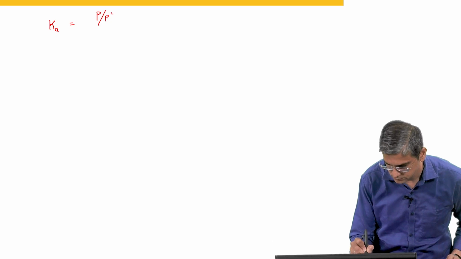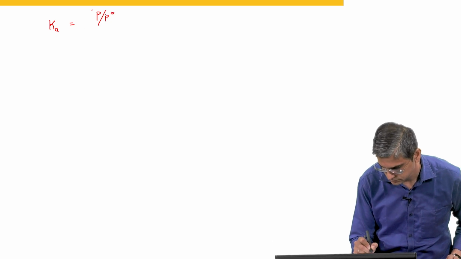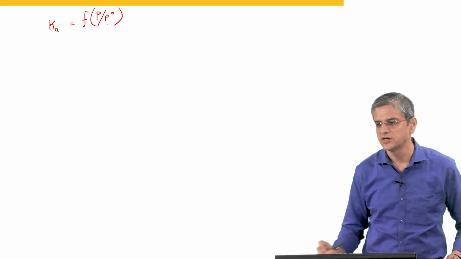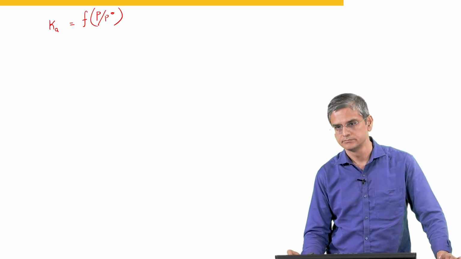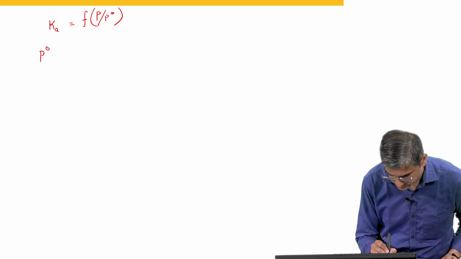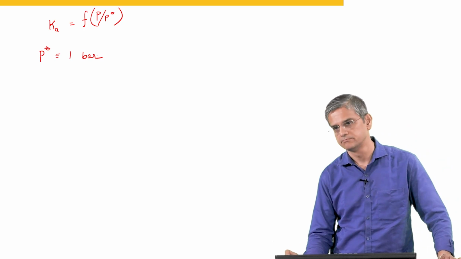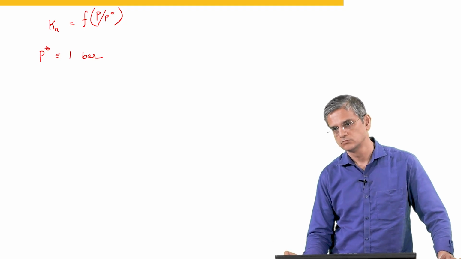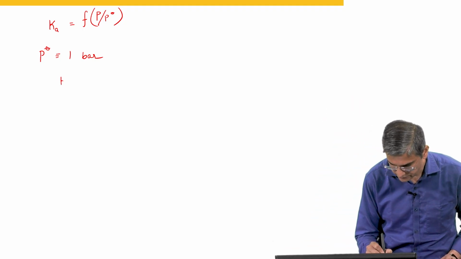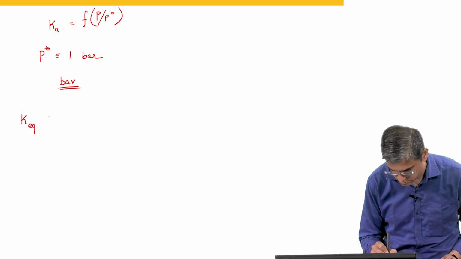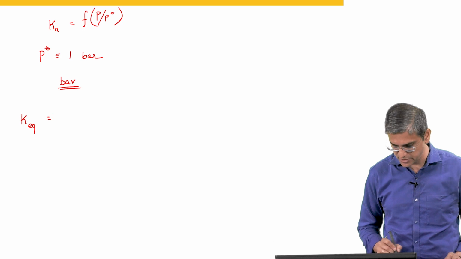Ka is a function of P by P naught. P naught is 1 bar. So, if we were doing the calculation in bar, K equilibrium is going to be